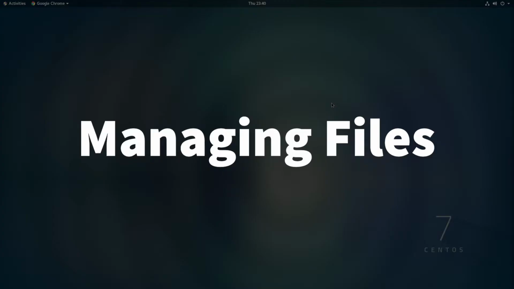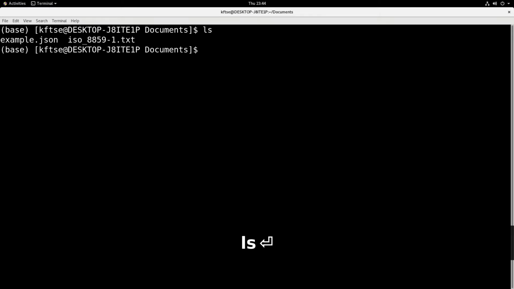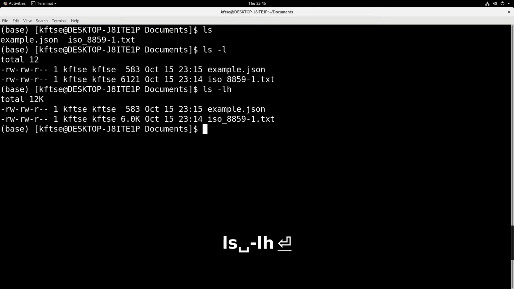We'll start from files and directories. To list the files in the directory, the command is ls. It stands for list. Here you can see that my directory has two files. To list more properties of these files, we type ls -l. The properties will show user, ownership, size, last edit, and also the file name. To get a human readable size, we type